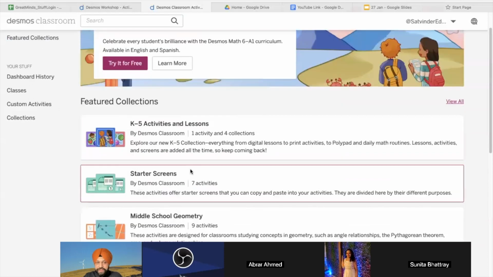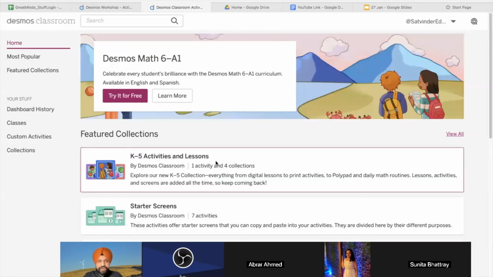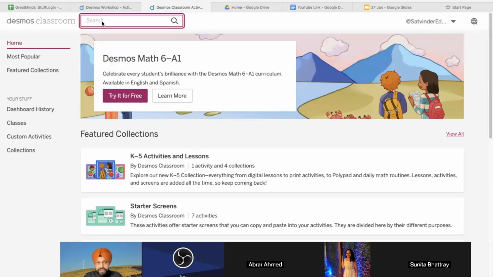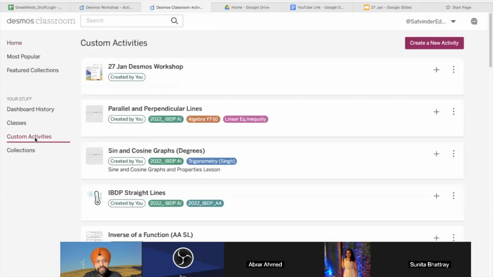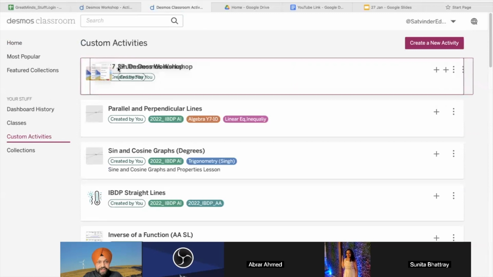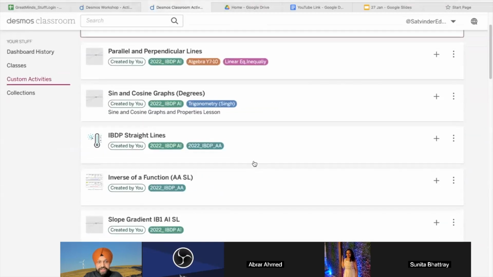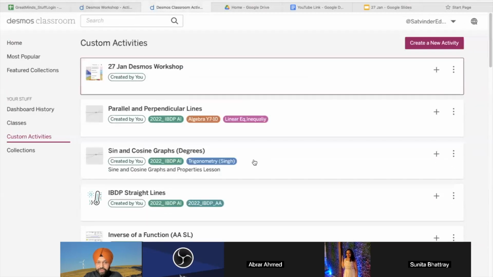You can find activities here, which are, of course, free of cost to use. You can search from here. You type any keyword, you may get some activities here. But if you want to create your own, so let's do it. So I'm going to go to custom activities. So click on the custom activities. And for example, this is one I created today in the morning so that I can demonstrate what I wanted to do. So all your activities will be listed here. You can create folders to organize them. So right now I'm going to click on create new activity,